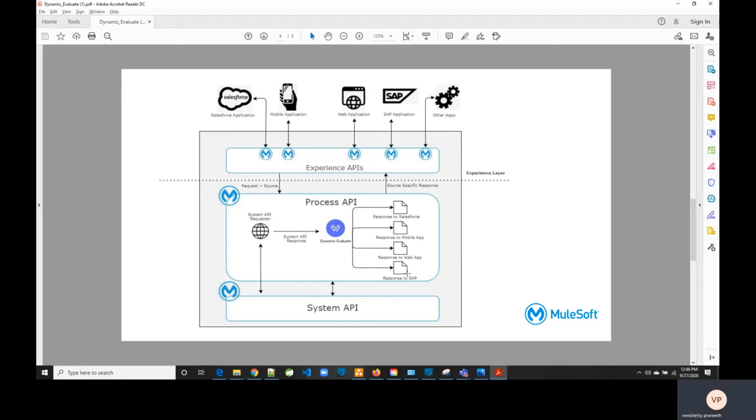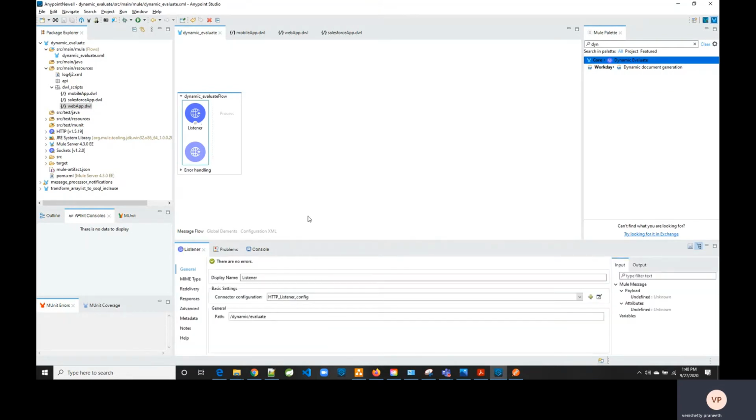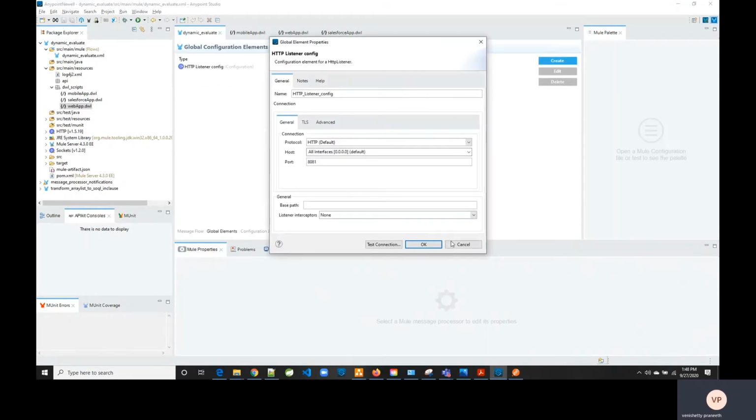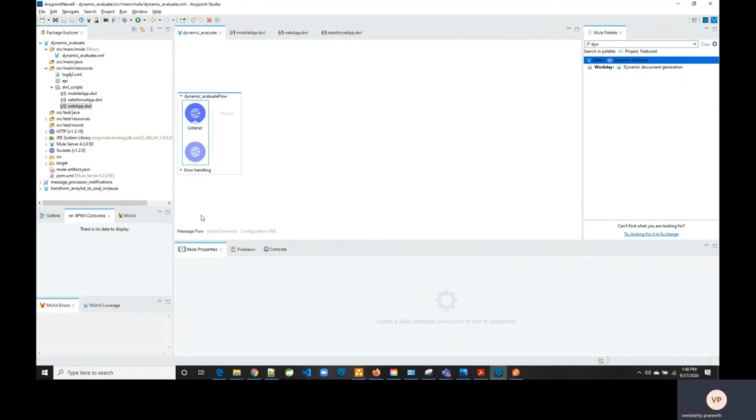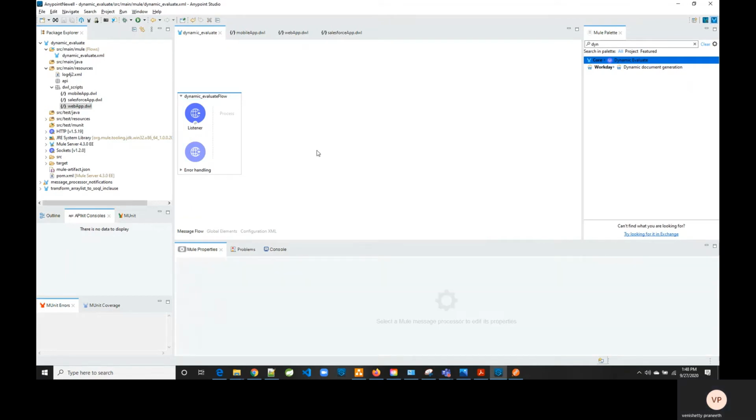Let us go into the example in Anypoint Studio. I've created a project called dynamic evaluate, in which I've configured a listener to accept requests from the client applications. This listener has all default configurations, and it can be invoked with the URI path dynamic/evaluate.